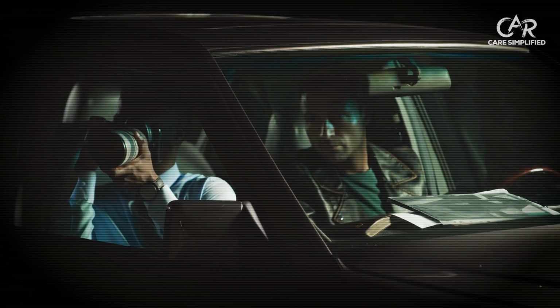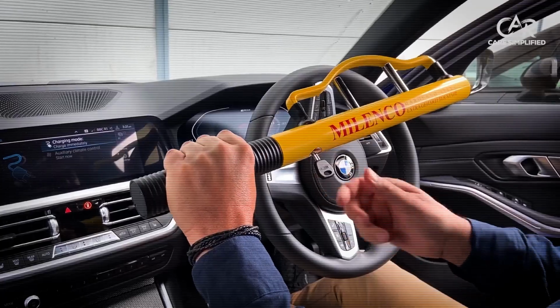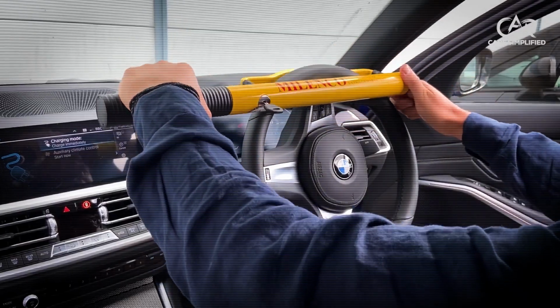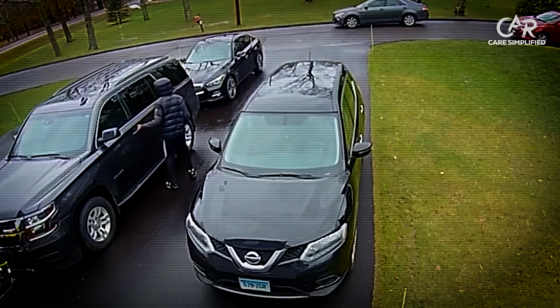Thieves scanning neighborhoods for targets typically choose the easiest available vehicle. A steering wheel lock immediately signals that your car will require extra effort and time, encouraging criminals to move on